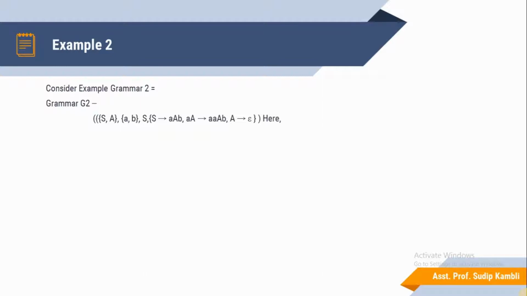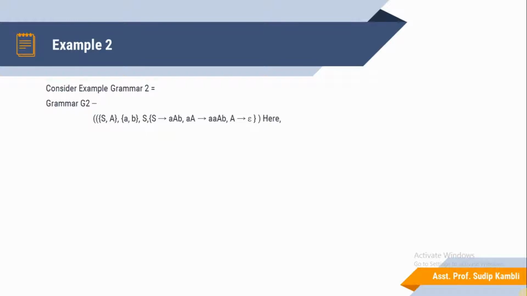So small a is a terminal symbol attached to a non-terminal symbol, and small b is a terminal symbol. Next is capital A, which derives small a, a terminal symbol, attached with capital A, a non-terminal symbol, and then the terminal symbol b.